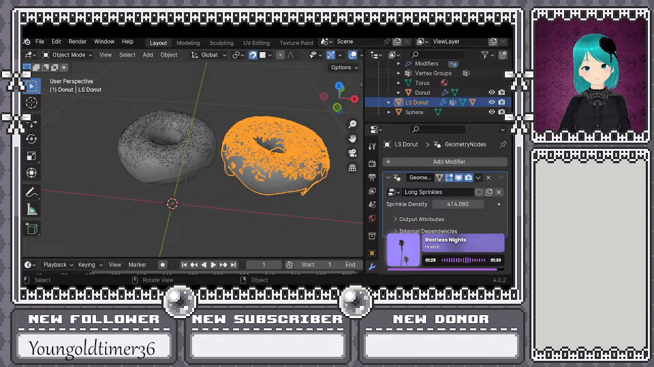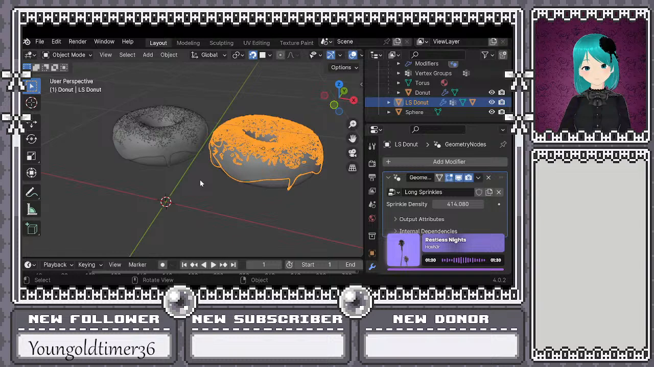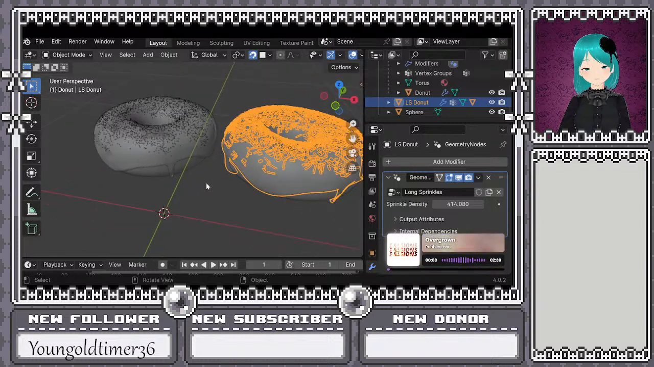Recap. We did the sprinkles. So we created the 4 sprinkles: the short, medium, long, and the curved sprinkle, as well as the circled ones. And then we were able to project those sprinkles onto the icing layer of the donut. And then we applied random rotations to the sprinkles, which you